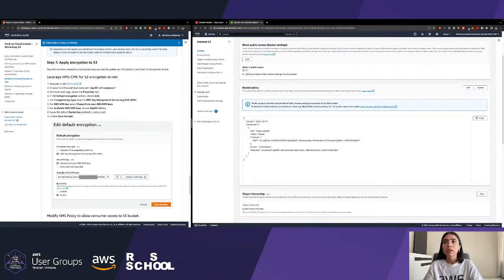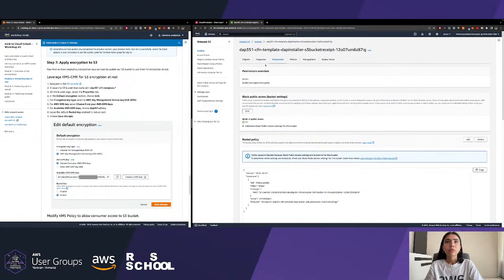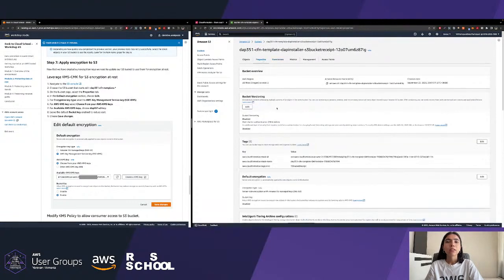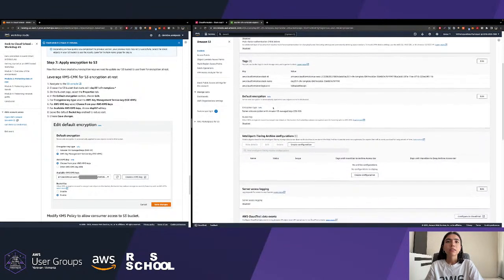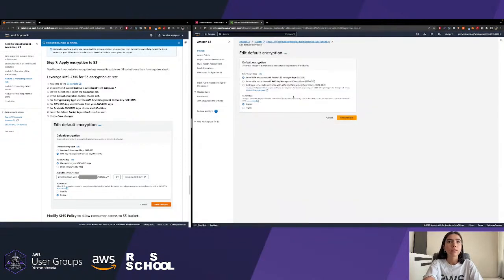And if you go to the properties, you can see that we have default encryption that is using the Amazon managed S3 key, but we want to use the KMS key that we created, the customer managed one. So just go and hit the edit button.